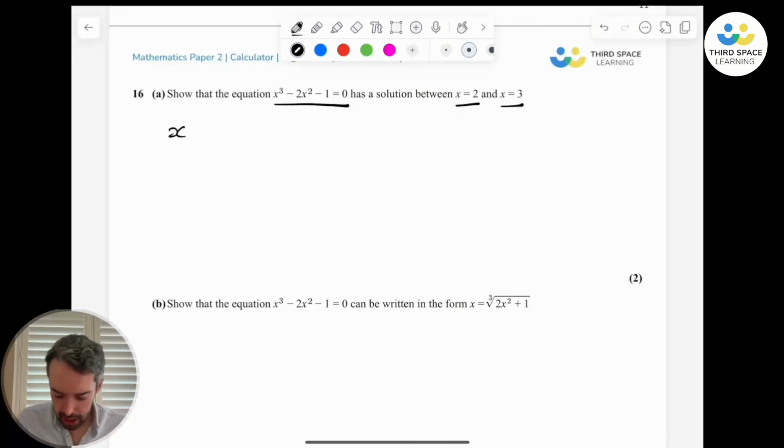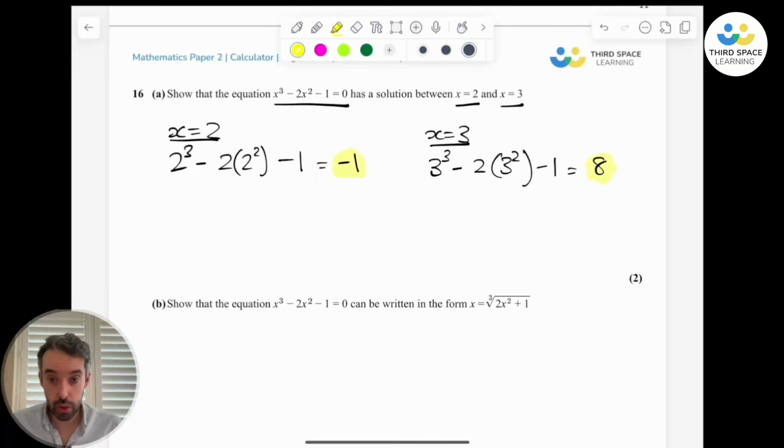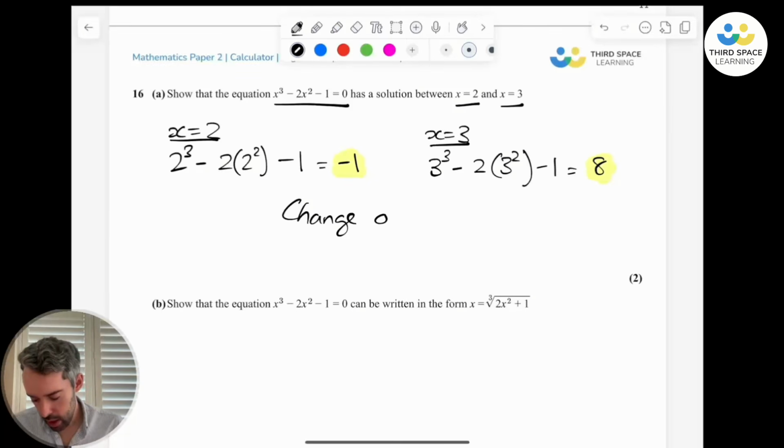So that is a solution, or a root, as we sometimes call it. So let's do this nice and carefully. x equals 2, and show the examiner that we're substituting in our values. So we've got 2 cubed minus 2 lots of 2 squared minus 1, and I get, well, that's negative 1, so that's a good start. And then let's do x equals 3. That's going to be 3 cubed minus 2 lots of 3 squared minus 1, and that gets me 8. So that's good. So we've gone from a negative to a positive. So we can simply say change of sign